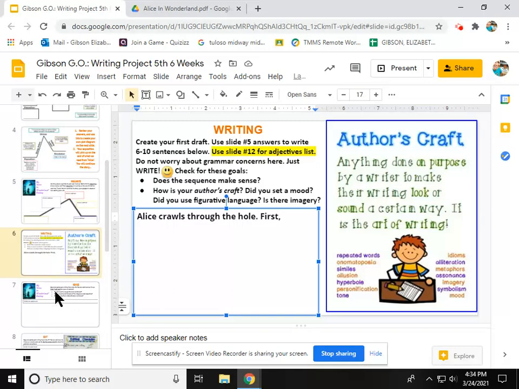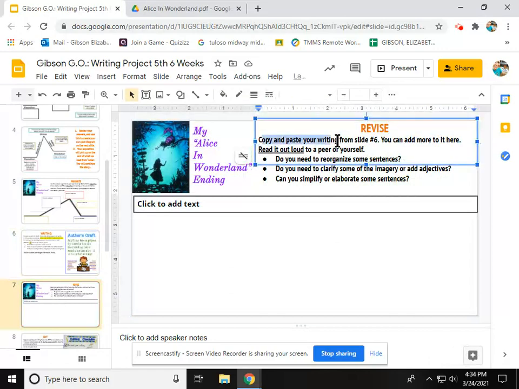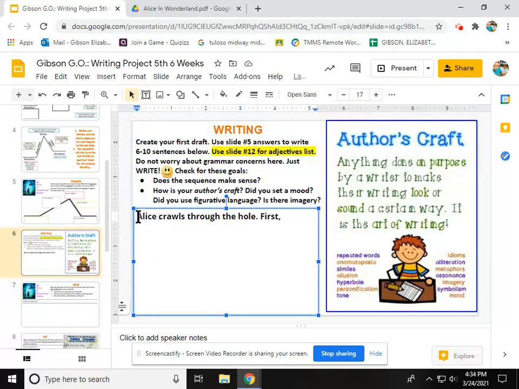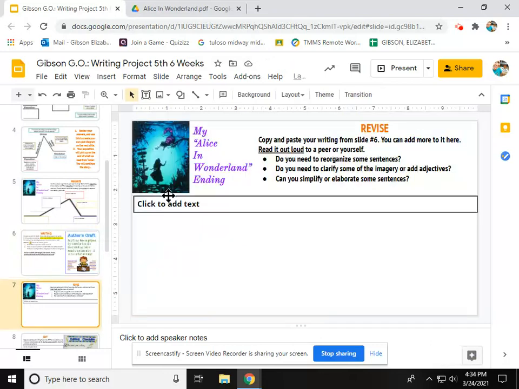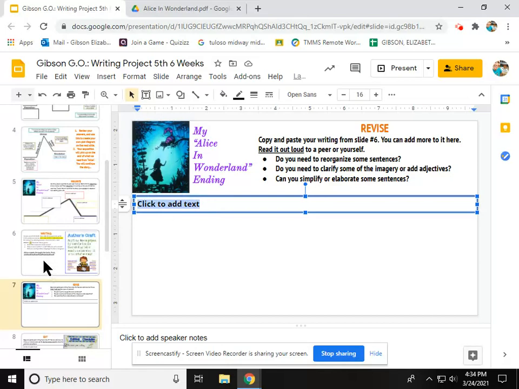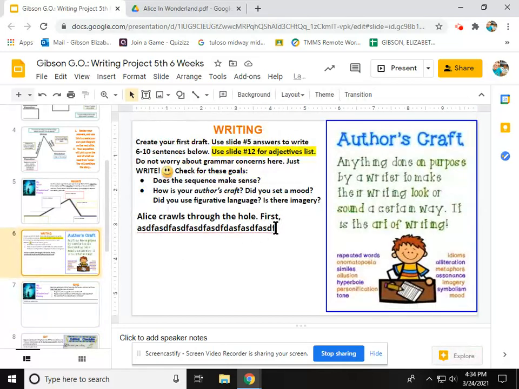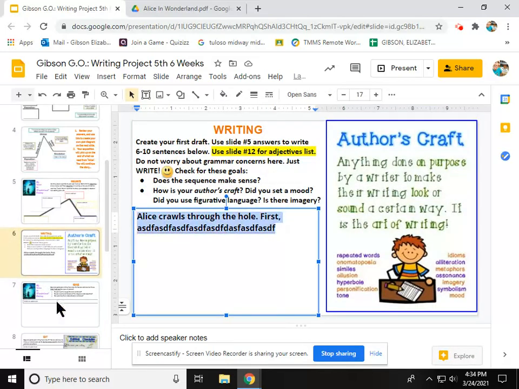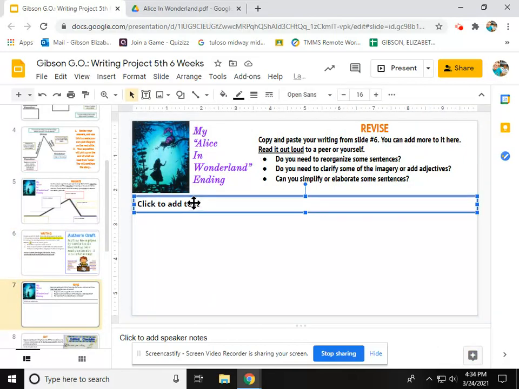because on number 7, it says copy and paste. Okay, so whatever you write here, you should have about, I'm just going to type, you should have about maybe 4 sentences, 7 sentences, maybe you got on a roll. You just copy and paste them here. So whatever I wrote here, which this is not the best example, but just to show you, you would come over here,